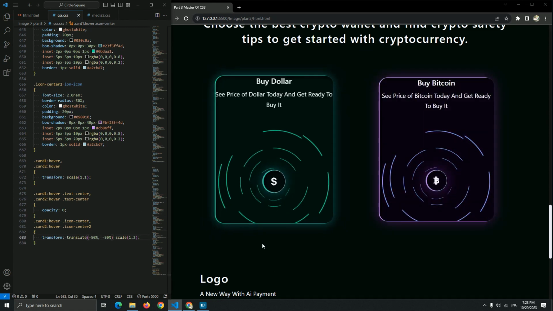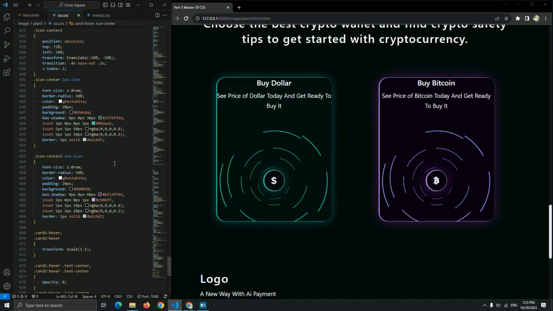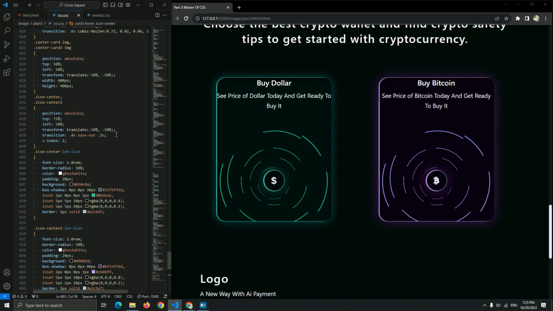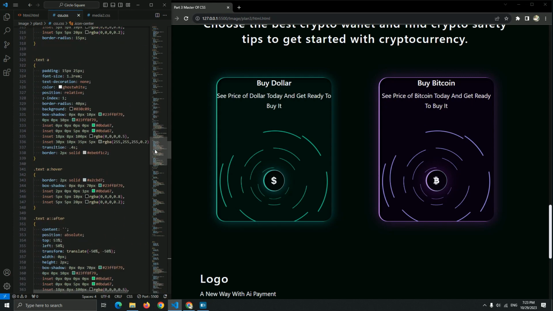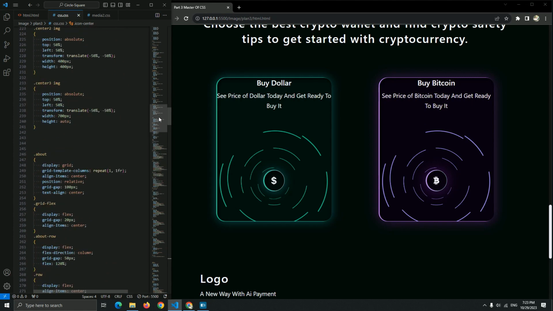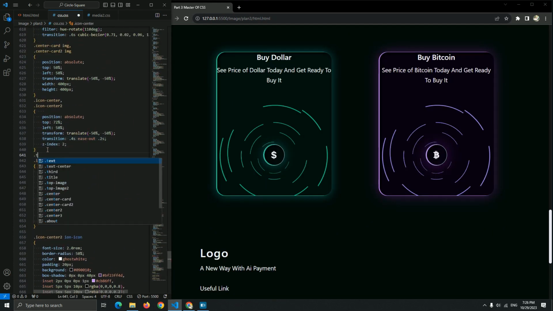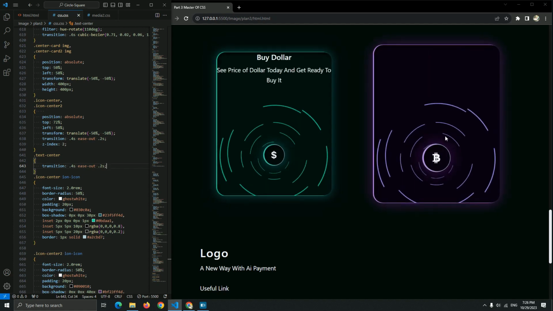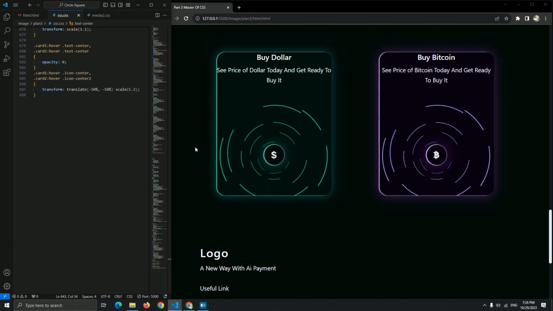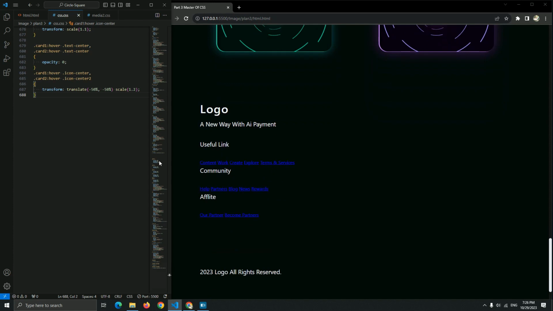Okay, now it works, but the problem is, as you can see, we didn't add this cubic bezier. So let me just add it guys, I'm sorry. So let me add it in the text center. Where is the text center? Oh, let me just add it here. I'm sorry, the text center. Okay, there we go. Let me add the transition, and now I think it works. And we just need to add the card 2 hover, but we're going to need an animation for this image. So let's skip it and go for the footer page.